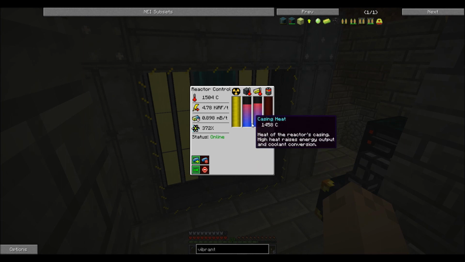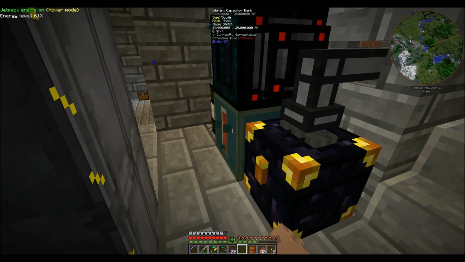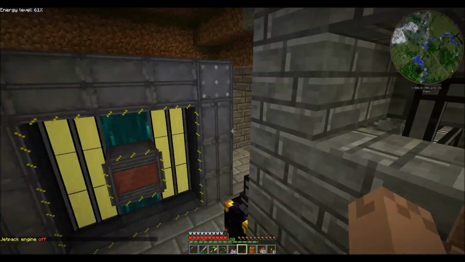But this is filling up. Now, if I disable this, this should immediately start draining. Well, not immediately. The heat's got to go out of it first. It's getting there. It's getting there. Is it still climbing? What in the world? Okay, this is still generating. So as soon as that stops, then this will start going down. Maybe. Maybe not. I guess not, because it's not pulling off of this. Interesting. Alright, well, yeah, I'm going to replace that with the enderium blocks, and